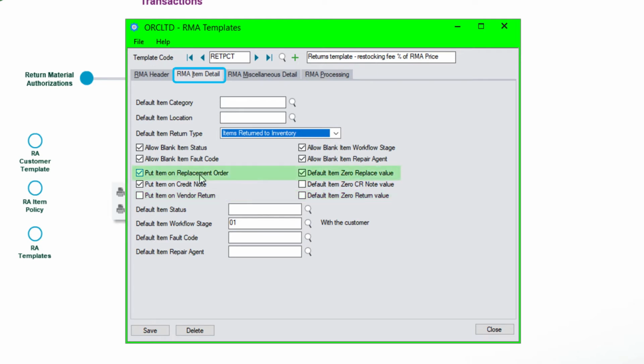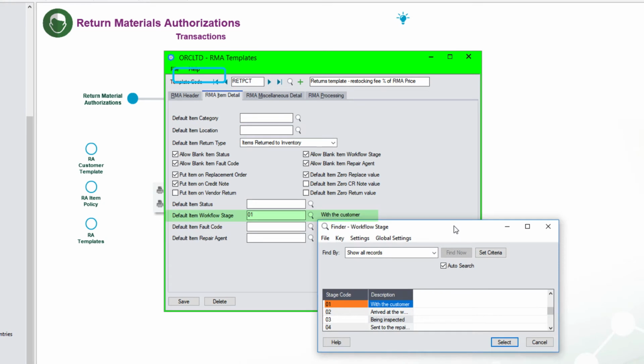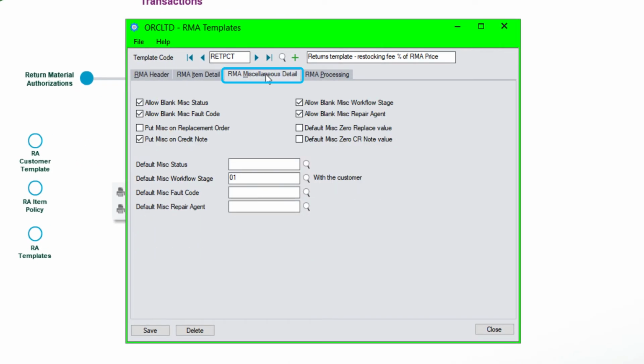And because we're doing a returns template, if we do replace the items, we're going to create an OE sales order with 0 price for the items that we're going to replace. And in our case, we're defaulting the workflow stage to with the customer. And then as the RMA progresses through our workflow, we would move it on to the different stages. And you've got the same controls on your miscellaneous details. So we're allowing blank stages, status codes, fault codes, and repair agents. And our only default is that we're going to put this miscellaneous charge, which is our restocking fee, onto the